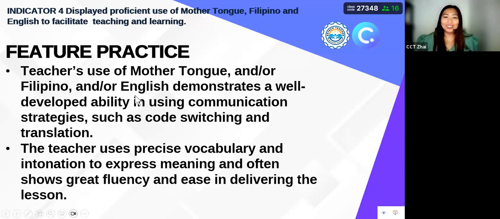Pero pag ang student ko 70% English, 30% Tagalog, Enggalog. Okay? Kaya we have this name, don't use Taglish. I accept Enggalog answers. Tawanan na yun. Diba? Next, the teacher uses precise vocabulary and intonation to express meaning and often shows great fluency and ease in